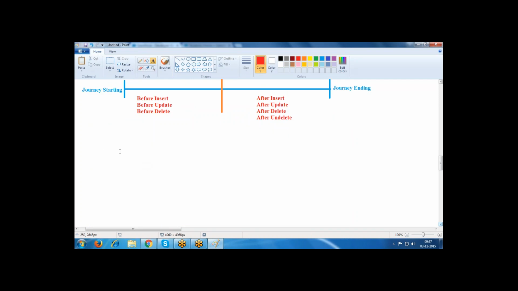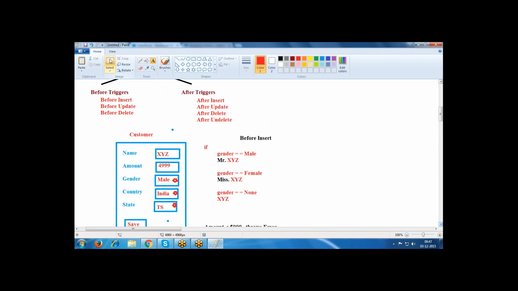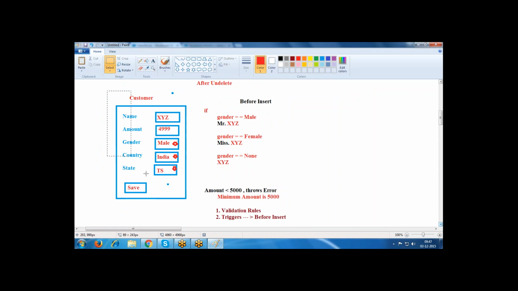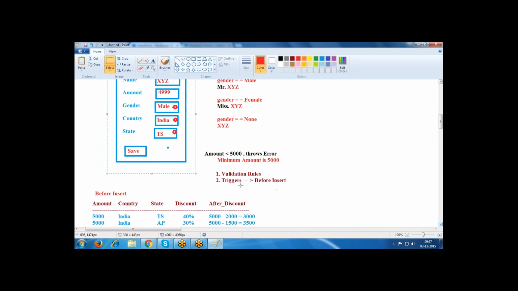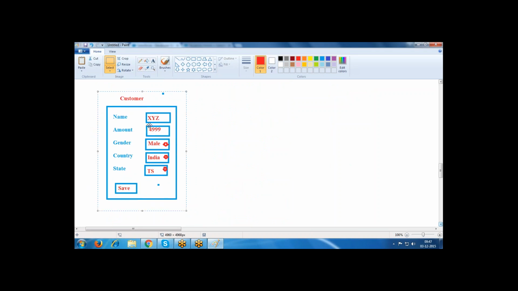Now whenever we create one record and save it, this record is saved into some database.